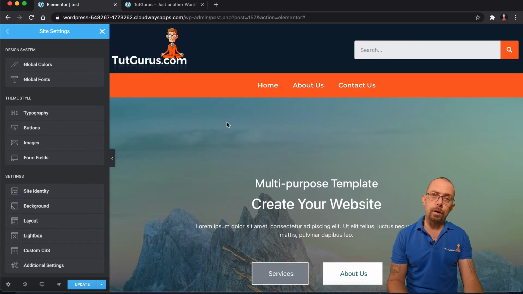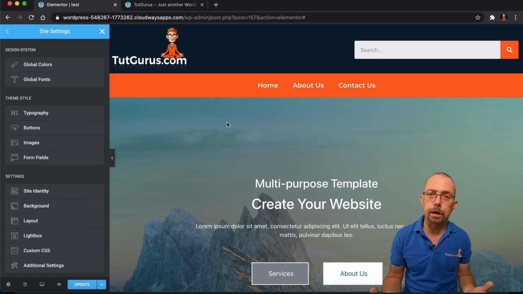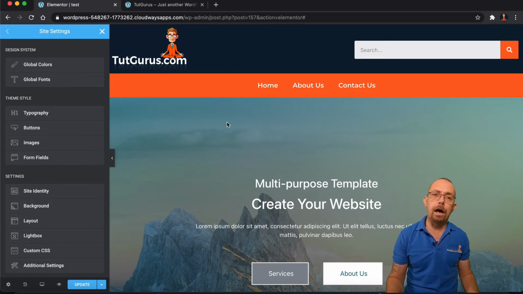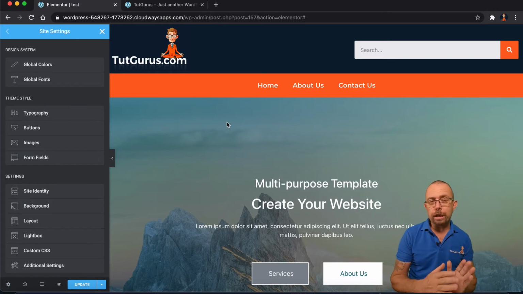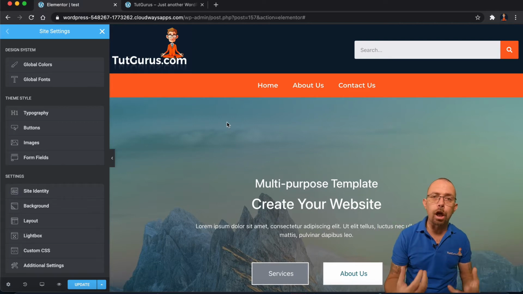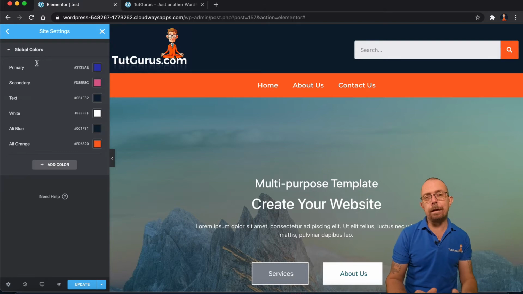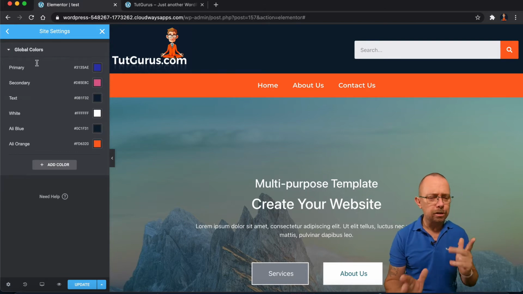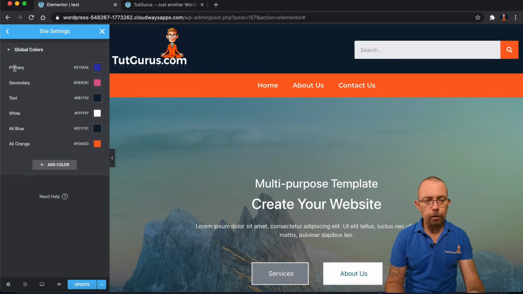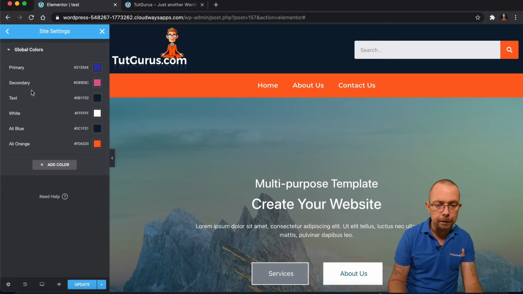So as that's our brand, as that's our colors, we can actually set that up. So when we're building websites, we can make this really quick and easy, and we can grab it from a global place. Okay, so under these global colors, we can set up certain color schemes. Let me show you what I mean. By default, you'll have primary, secondary, and text. You can add your own, which I've done underneath.